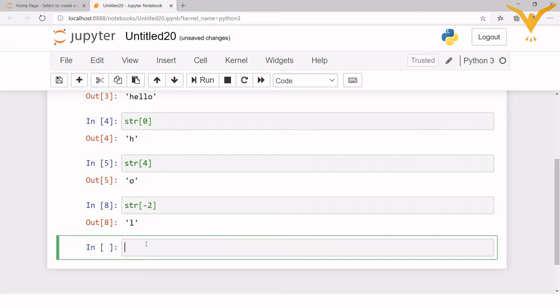Fine. Okay. Now next is slice operator. Using slice operator we can fetch the range of characters from the string. Okay, so let's take another string, str1 equals to, we'll name it as